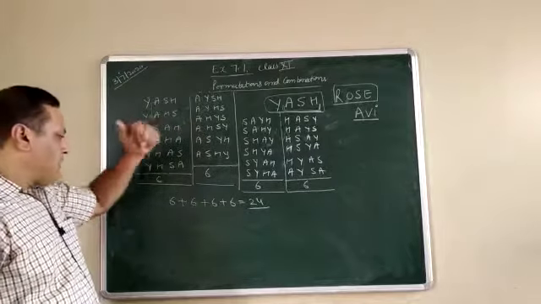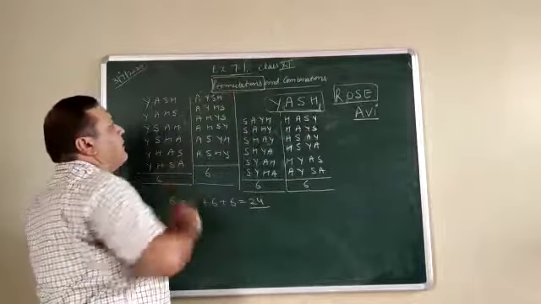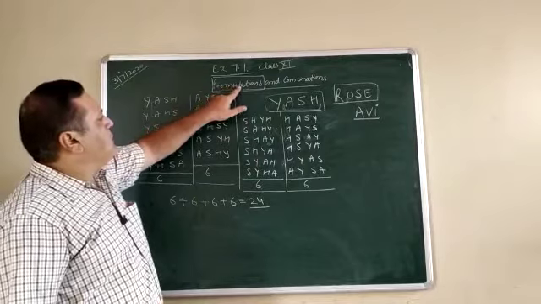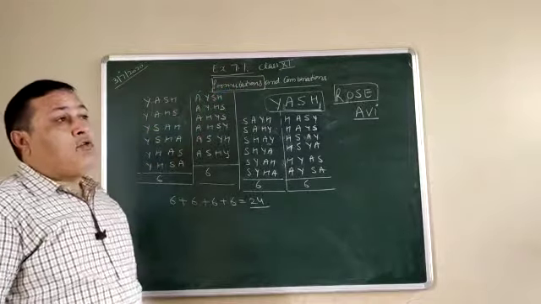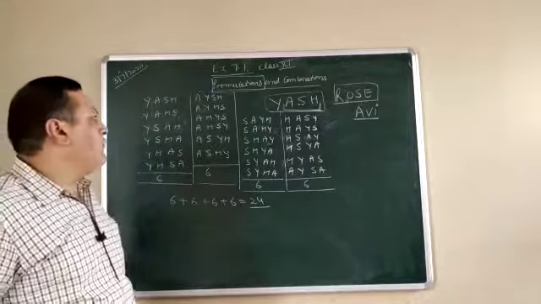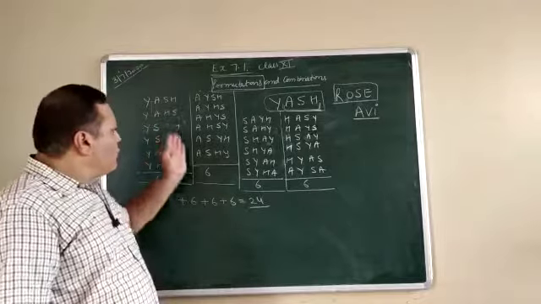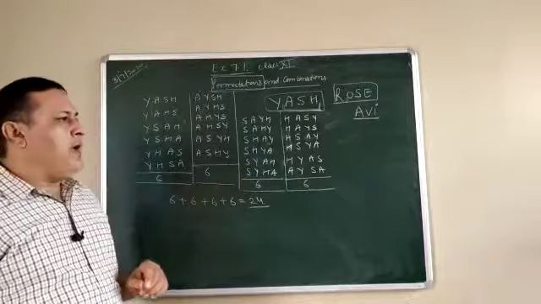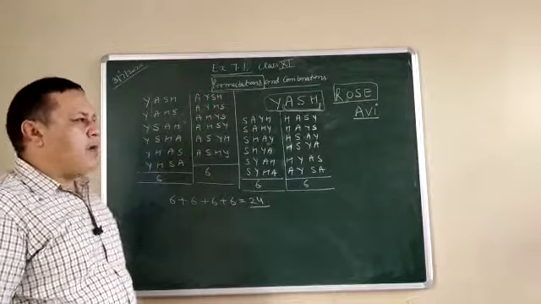But every time it is not possible to find out these arrangements of letters. For example, if we say arrange the word permutation, then how many alphabets are there? 1, 2, 3, 4, 5, 6, 7, 8, 9, 10, 11, 12. There are 11 or 12 letters in one word. In that case it is not possible to arrange like that to find the different arrangements. So we have a short method to understand the concept of permutation.